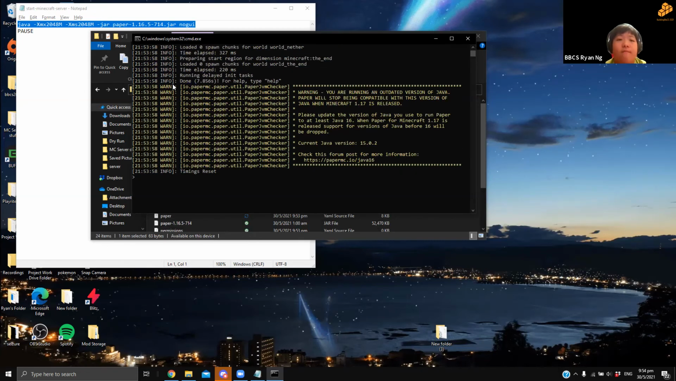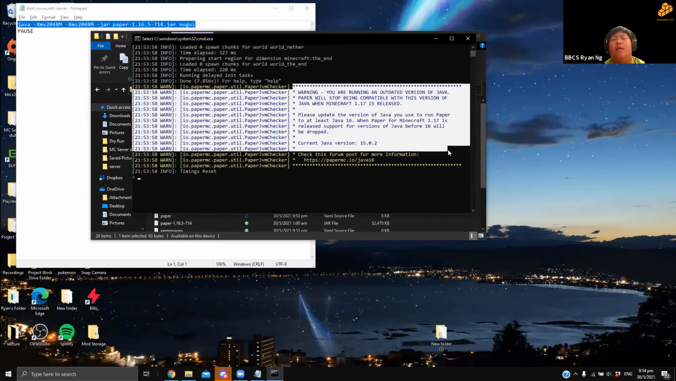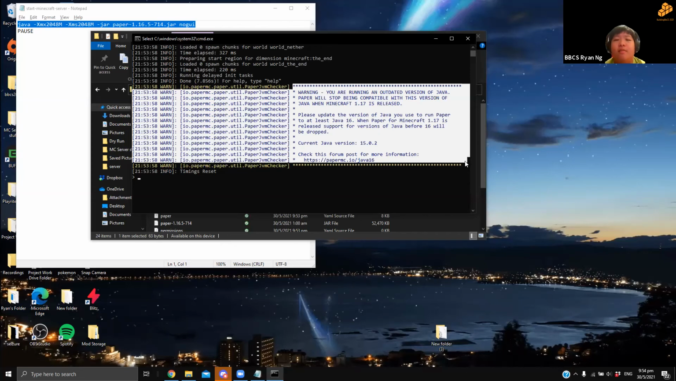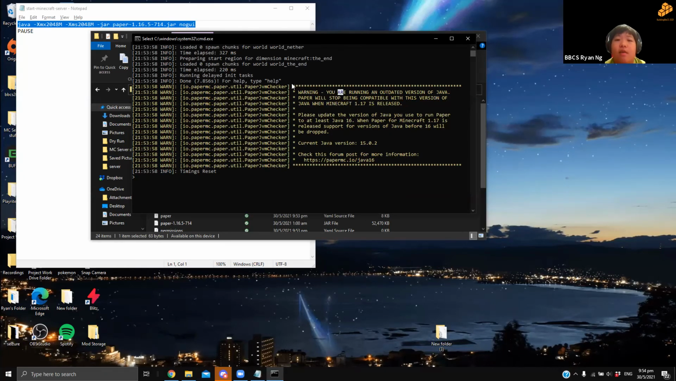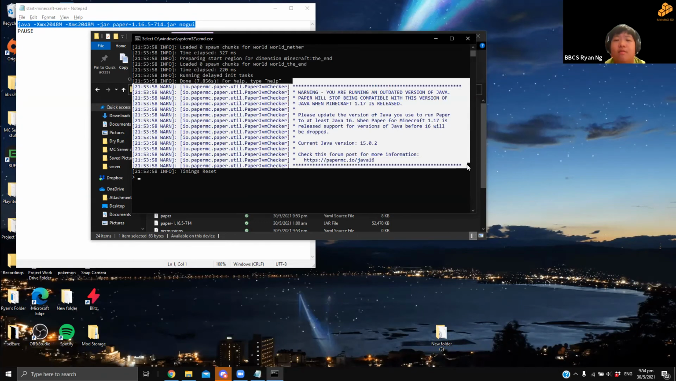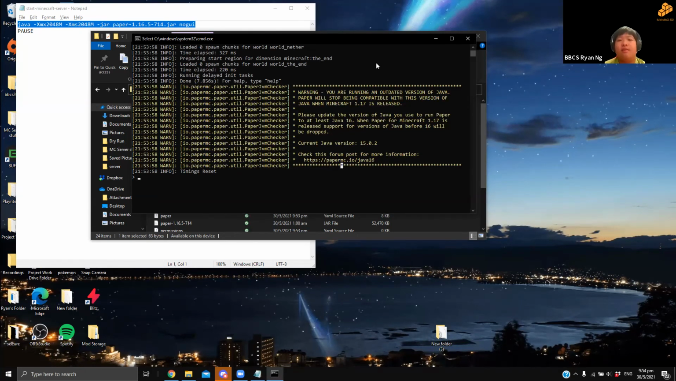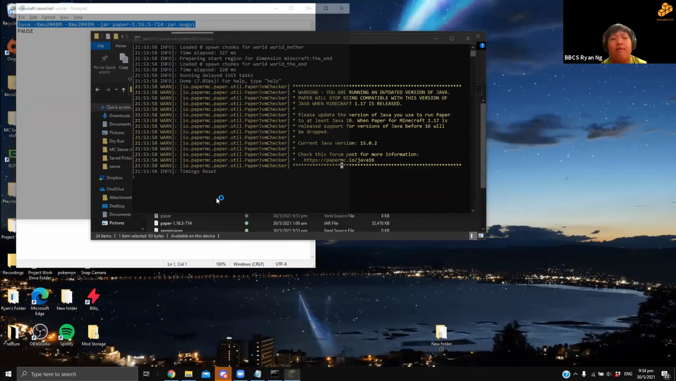Then they'll give you this message saying that you're using an outdated version of Java, but this is actually normal because 1.17 hasn't come out, so they haven't confirmed it. So there's nothing to worry about. And by now your server should be set up. So if you were to go into Minecraft,